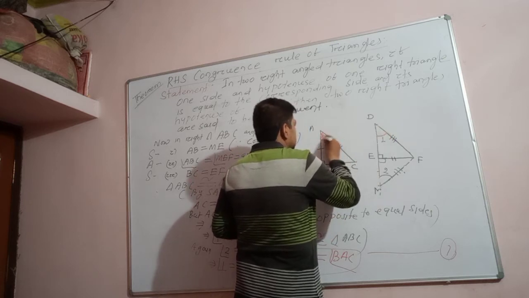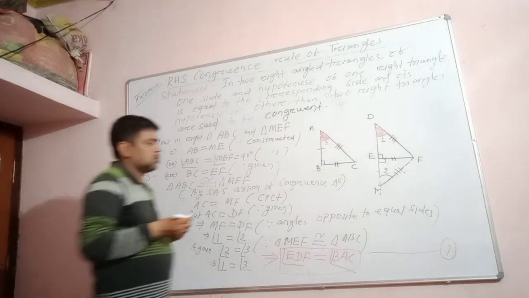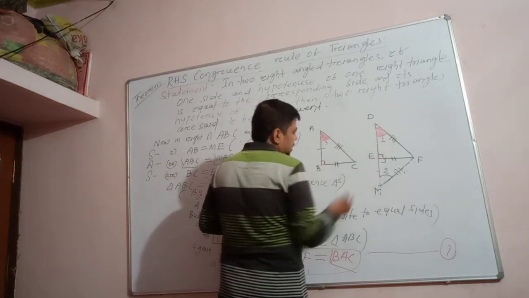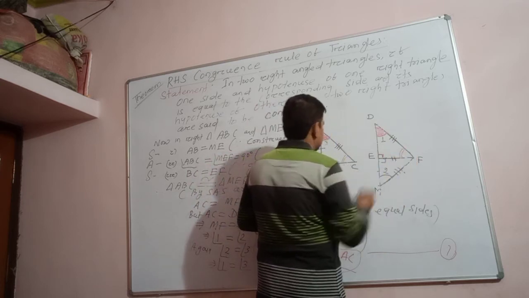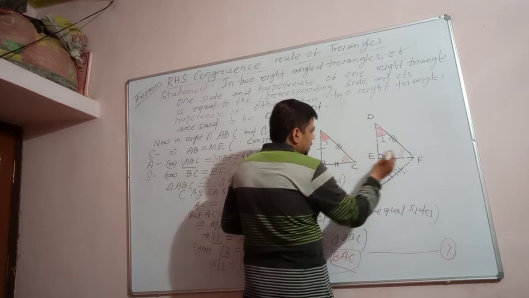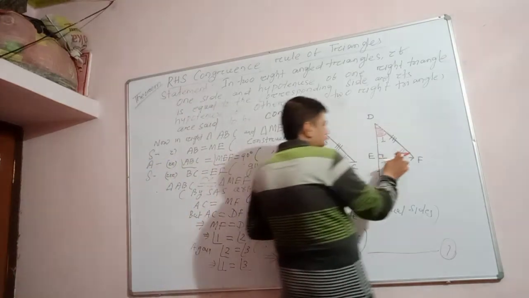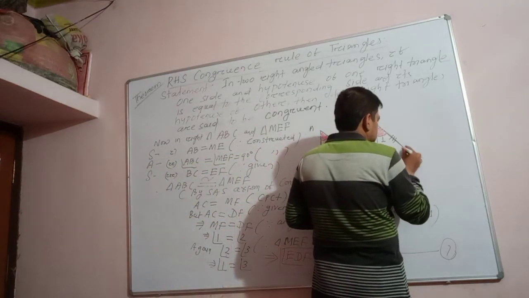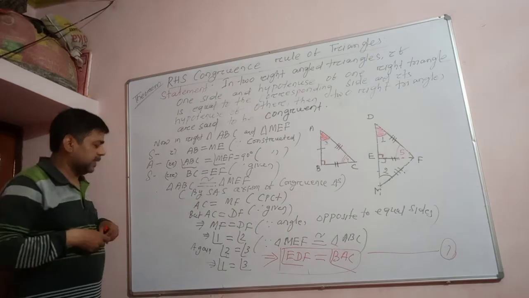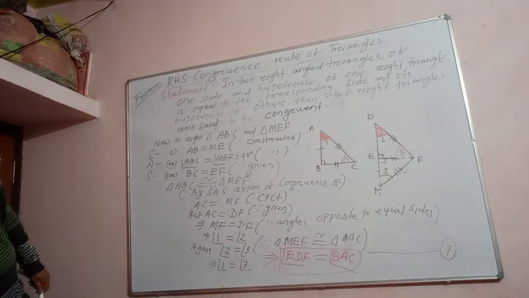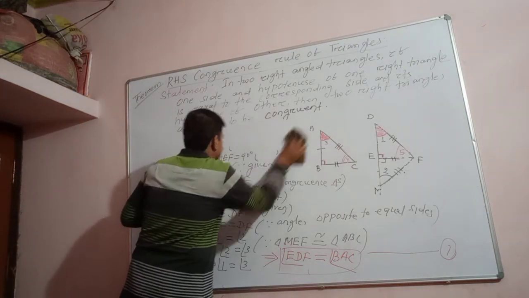This angle is equal to this angle, right? And also you know this angle is equal to this angle. Naturally, this angle must be equal to this angle. It means if this is angle number 4 and this is angle number 5, then 4 angle must be equal to 5 angle. Yes or no? 4 angle is equal to 5 angle. So no doubt, students. Noted. Let me proceed.